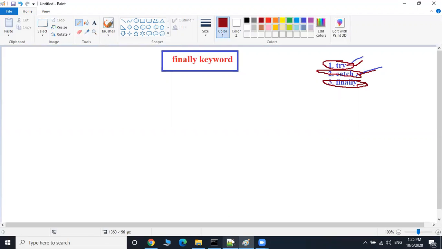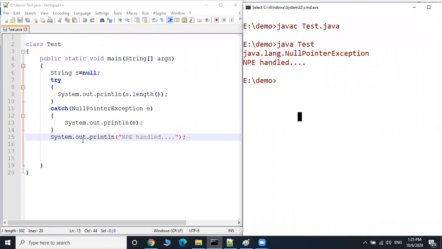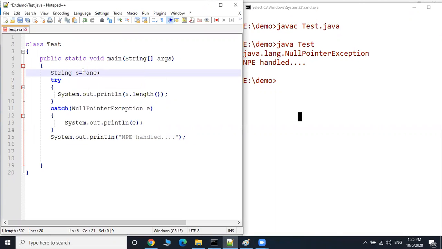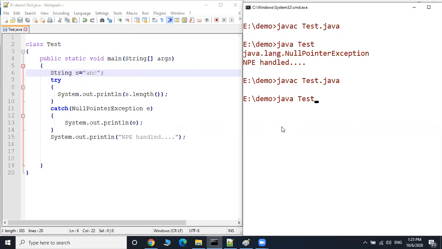For example, here the string is given something. Now compile the code, javac test.java and java test. The try block is executed and printed the length of the string, and later on it executed the print statement outside the catch.